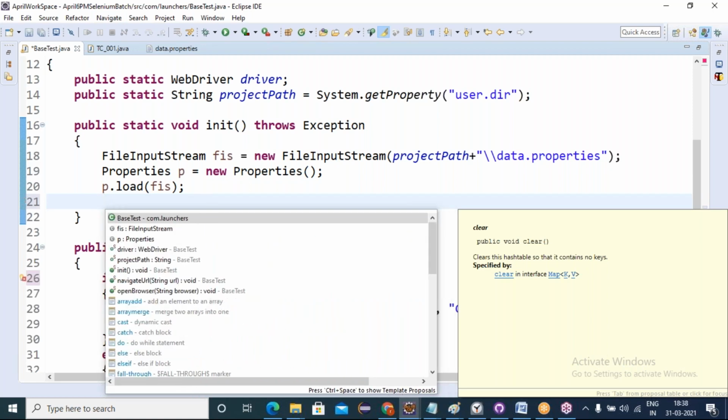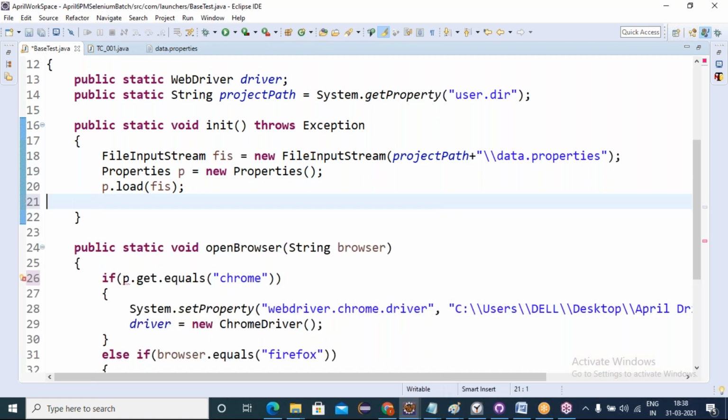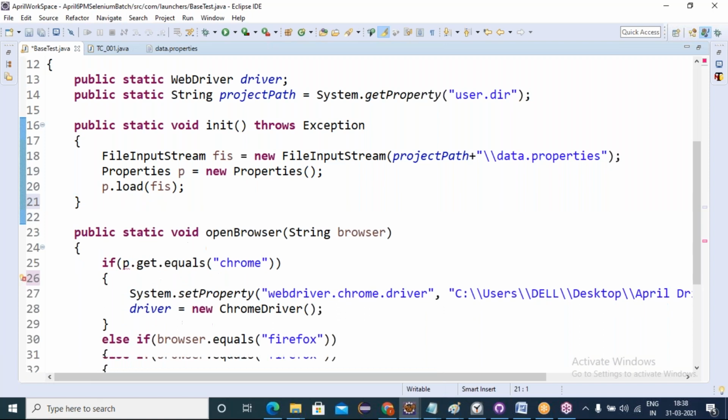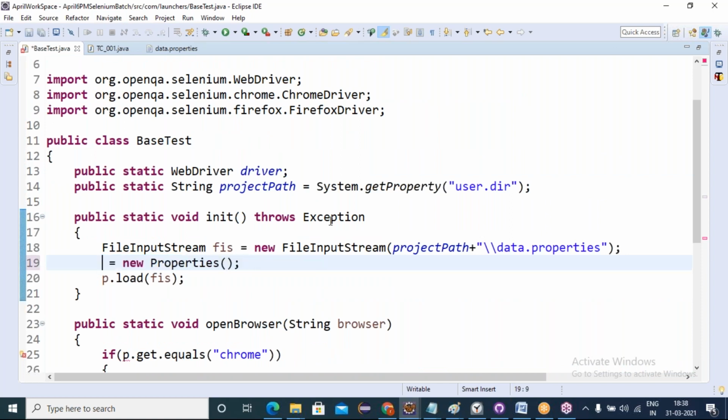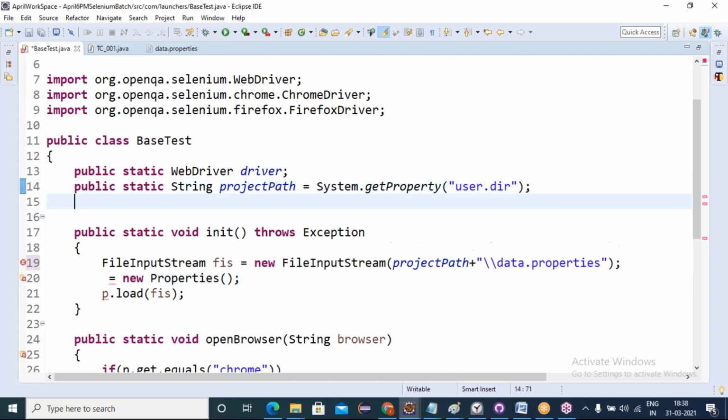But in another method, when I use that p, nothing is coming. So what do we do? Because I might use this properties reference in different methods, better you declare it globally. Yes, public static.